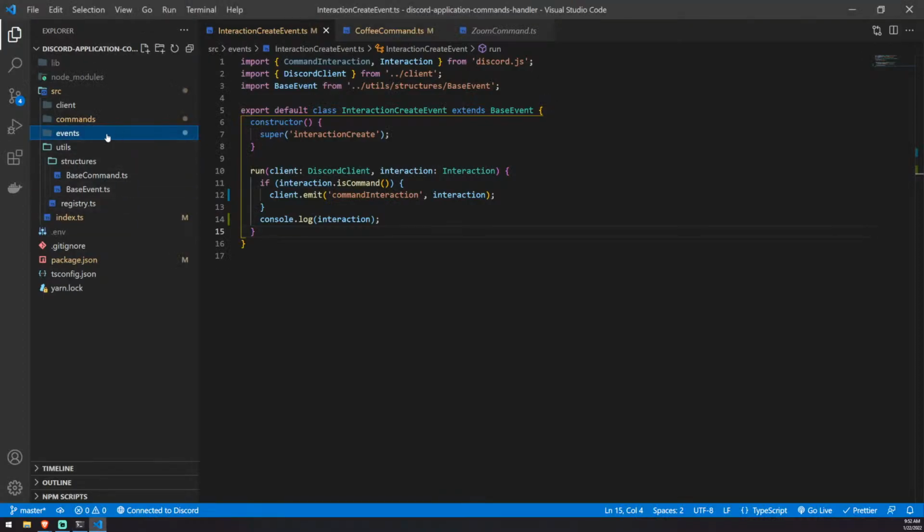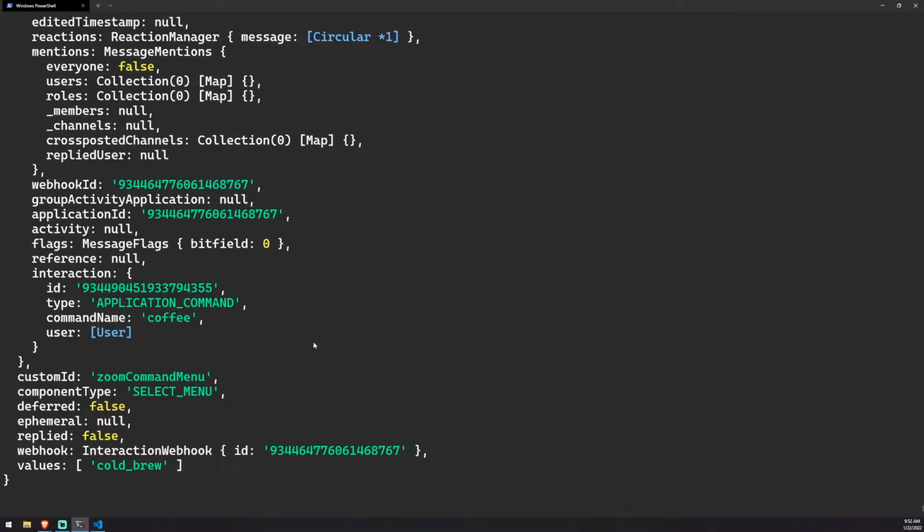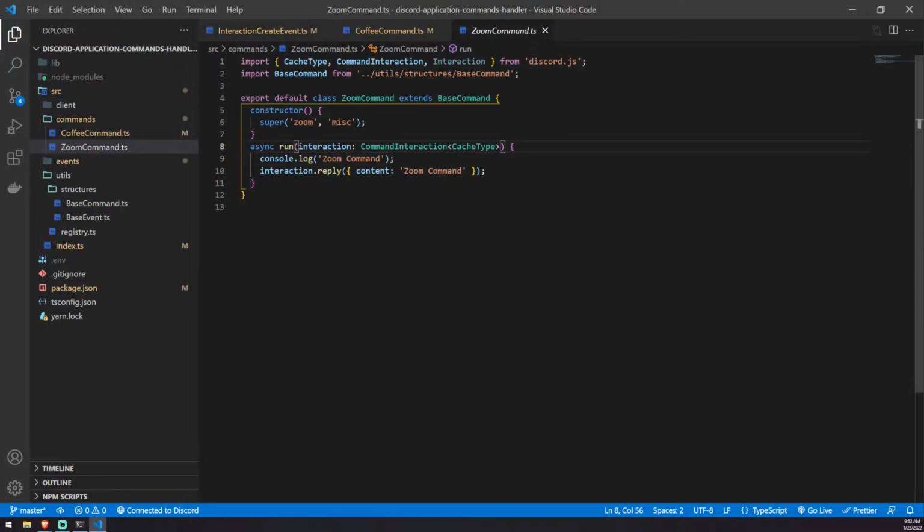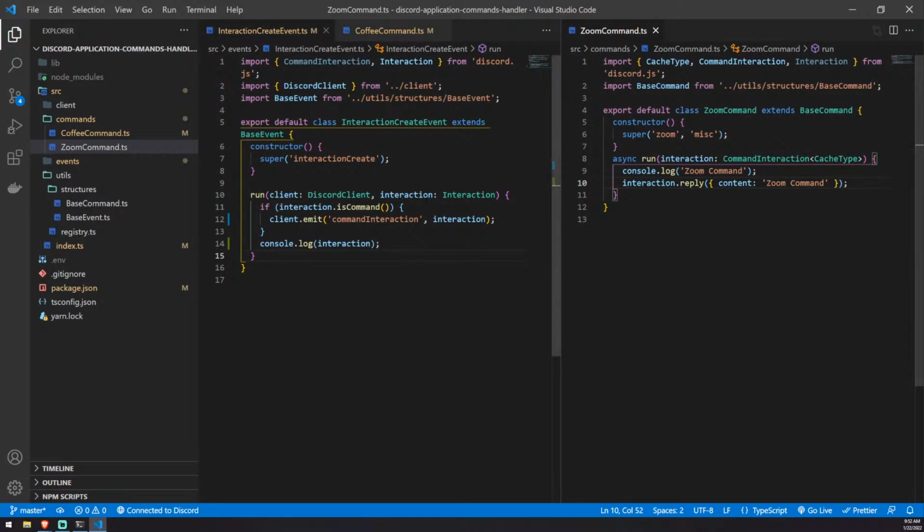So what's interesting now is, is everything just repetitive, or is there a way we can sort certain things out? Because I'm sure what we could do is check to see if it's a select menu and then check the ID. So we can just map the ID to the function that it should call. The same exact thing that we would do with commands, right? We would just map the ID to